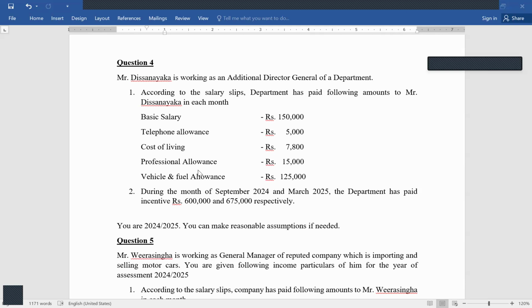Then after that, professional allowance also, the total amount is liable. That is 15,000 multiplied by 12. Total amount is liable. Then vehicle and fuel allowance, that is 125,000. That 125,000 is also liable only up to 25%. So it has been given in the quantification document. If a government servant receives vehicle allowance or fuel allowance, at that time, only 25% is liable